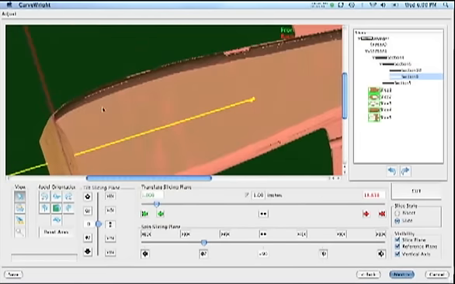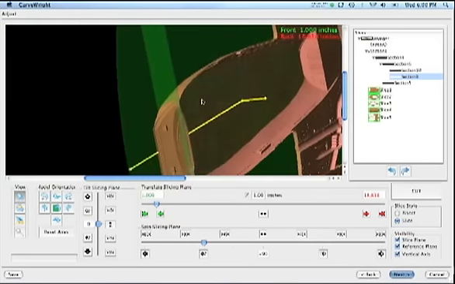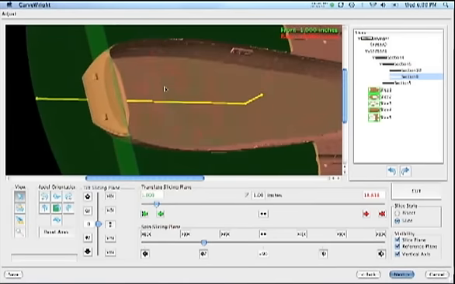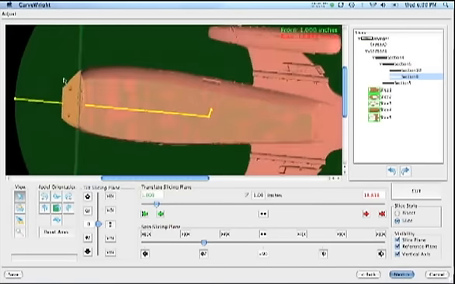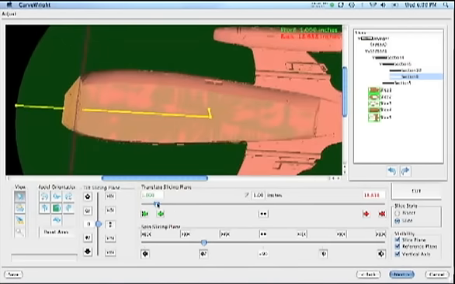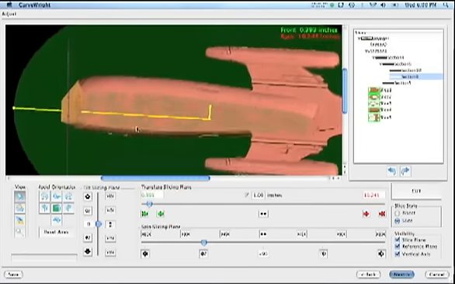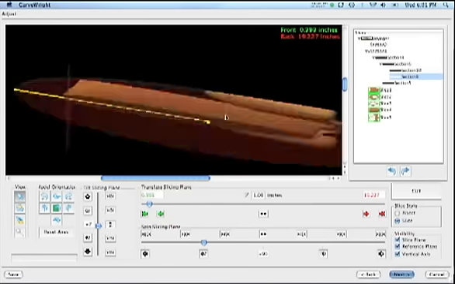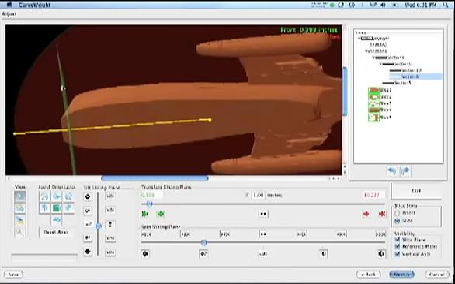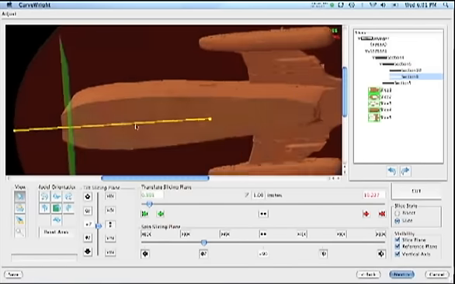But what we can do is move this forward, cut off the front section, and let's add a 7-degree angle to it. From this direction, that angle is going to be carvable,